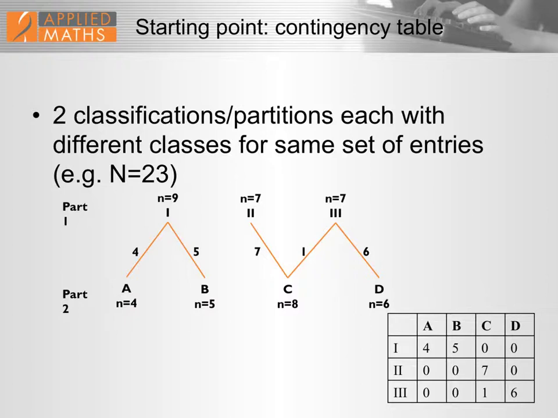So basically, you draw up a table where you say, okay, I have 4 islets that have class A and class 1, 5 that are B and 1, etc. You can either put that as a contingency table, or you put it more visually, where you say, okay, group 1 has 9, and they're split up 5 and 4. Those 7 are C's, 3 also has 1 C, and 6 D's.